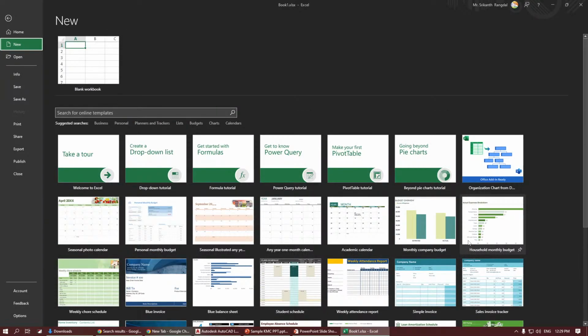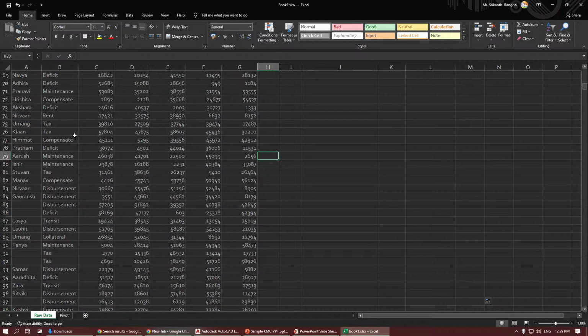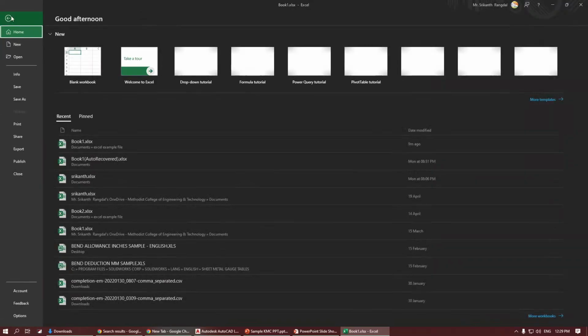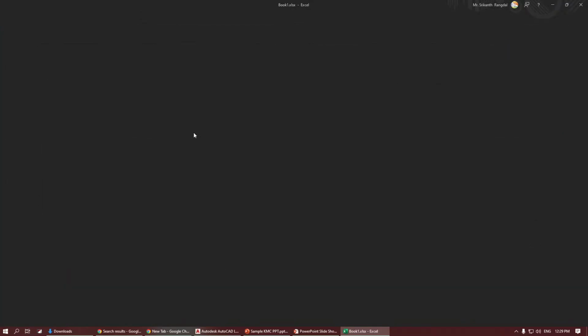You can also make your own templates, which you have to do while saving, by saving it as a template. So we go to file and save, that is Control S. You can just save it by going to file and clicking on save, or you can just use